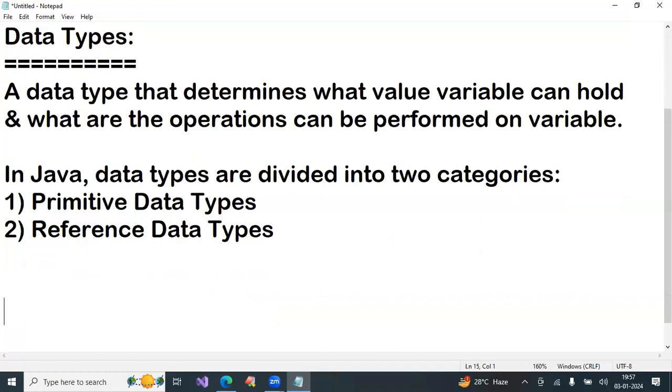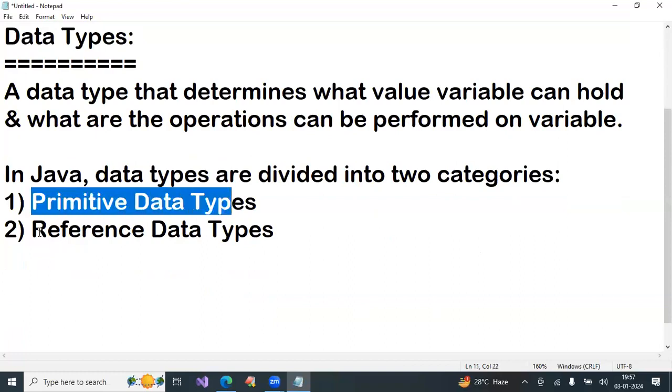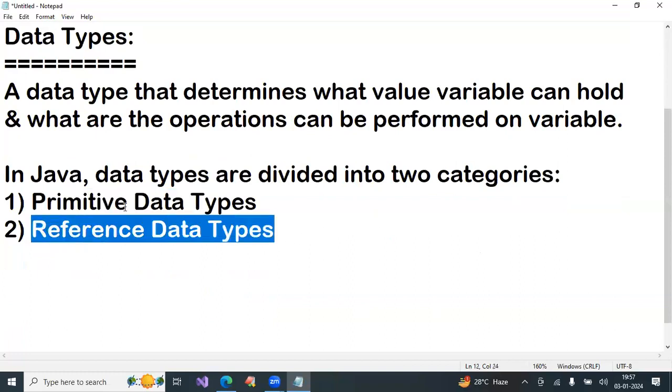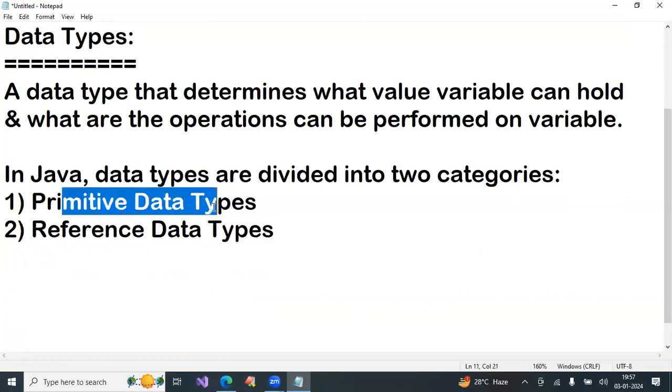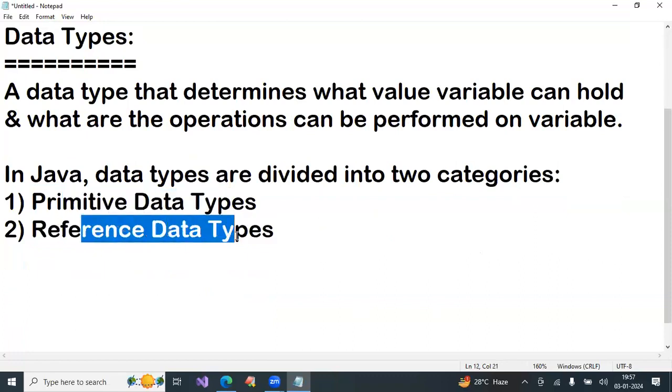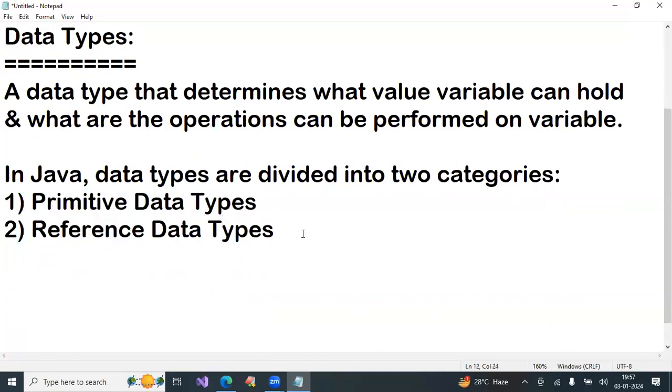In C language, we call them predefined data types and user-defined data types, or primary and secondary data types, or basic and derived data types. But Java people have given their own terminology: primitive data types and reference data types. Today we will learn the first category.